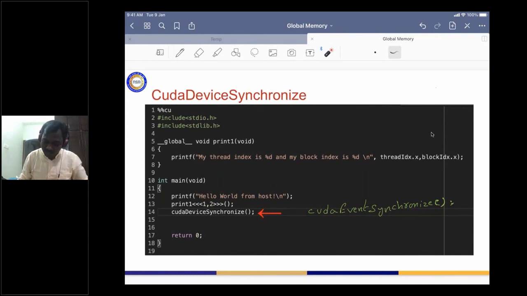Internally we are passing the stop event. When you pass the stop, this function only tells you to wait till the corresponding stop event is over. Till that event is recorded, the CPU thread is not going to execute further instructions.